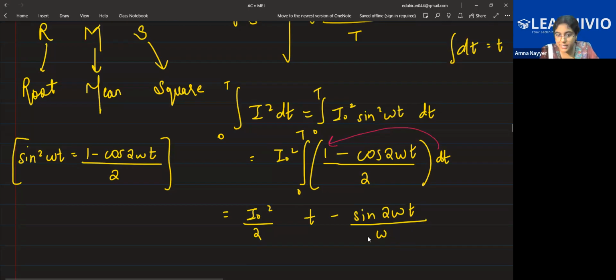I'm repeating this. Understand this first from 0 to t, because the steps after this are very easy. Listen carefully, put your pens down and just understand properly. See, I square dt, integral of I square dt from 0 to t, I am integrating. Whatever rest of the quantities are present, under root is also there, 1 by t is also there, for the root mean square current. I'm not calculating it now. I'll calculate it later.